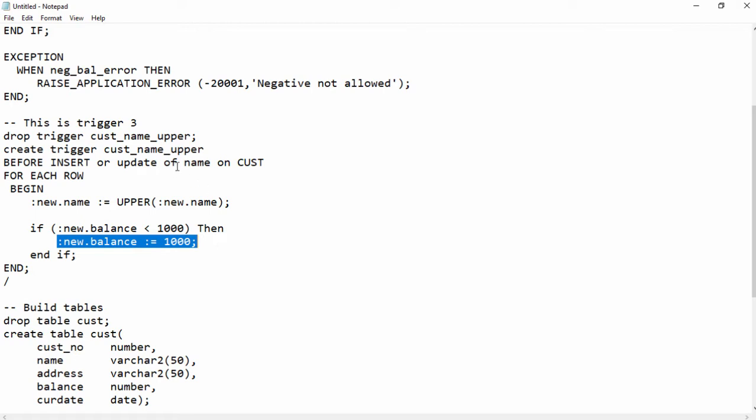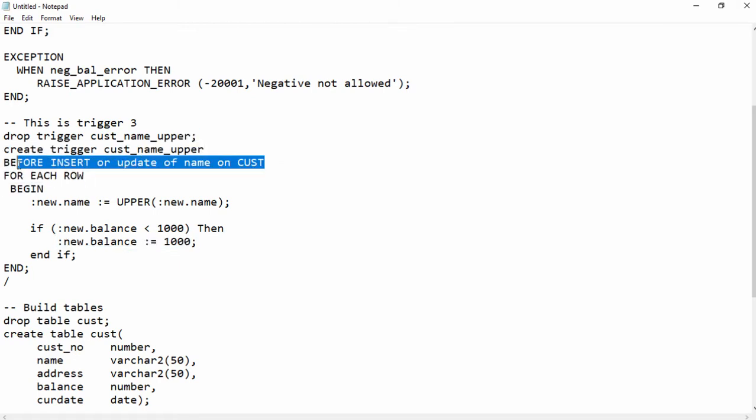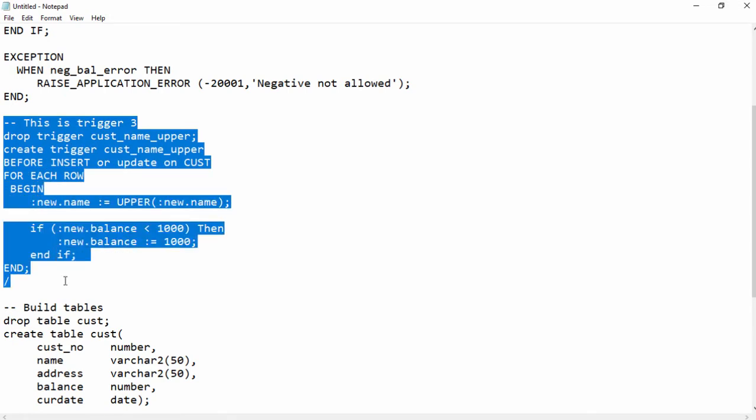Also, take a look at this important line of code that I've highlighted. We can put the trigger before or after the update statement or the insert statement fires on a specific column in the customer table. For grins, I'm going to get rid of the name, so we're going to fire this if anything gets updated, not just the name. Okay, so this is trigger 3. That's just a comment. Let me copy this code